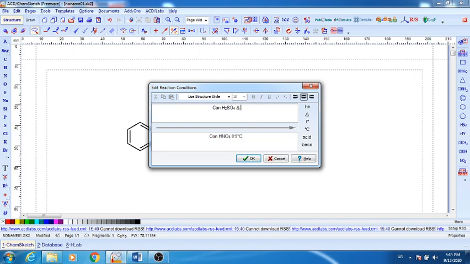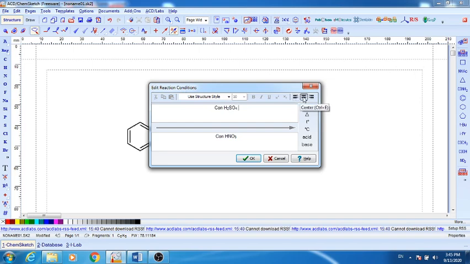If the reaction occurs in the presence of acid and you want to show that, just click acid. If the reaction occurs in the presence of base, you can click on base, and that way. But right now we don't want anything for the nitration, so I am deleting that again. You can also select the font from this. You can align the text as per your requirement.